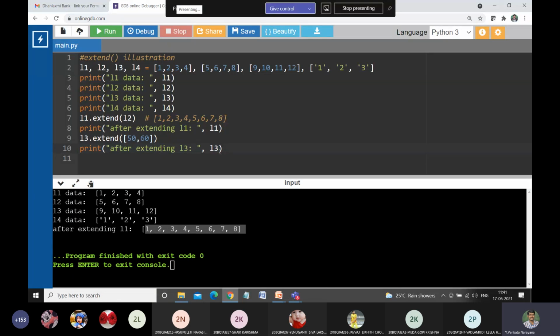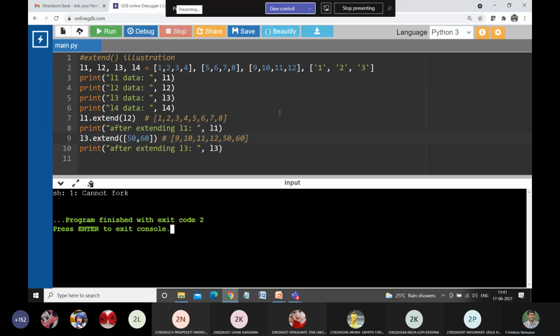So what is the output? 9, 10, 11, 12, comma 50, comma 60. So see the output.